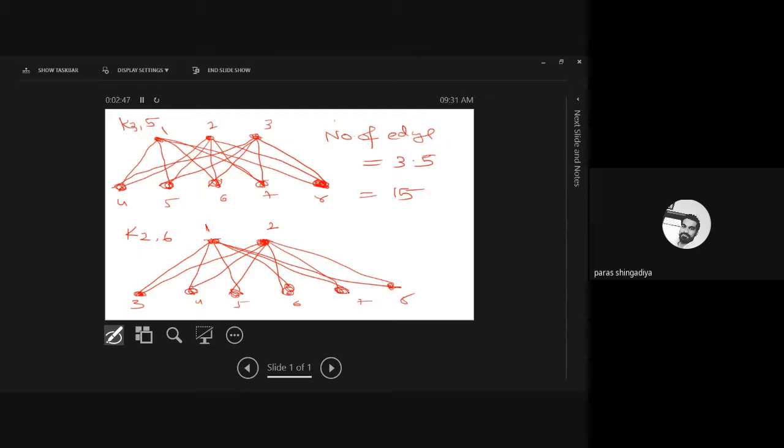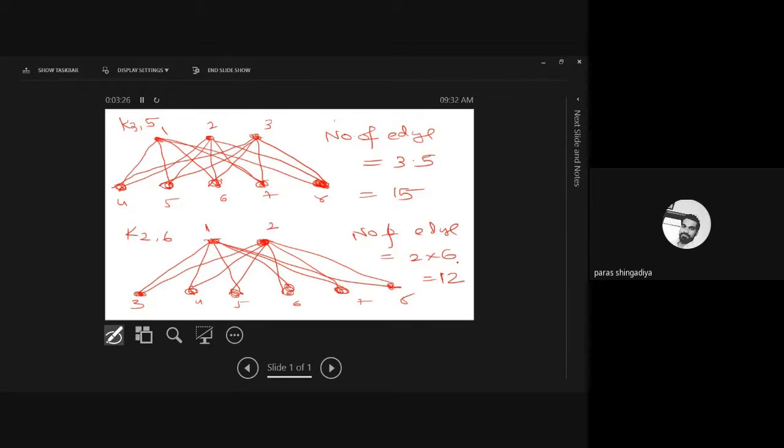And here we'll check the number of edges. So the number of edges is equal to 2 into 6, which is 12. So this type of question will come in the MCQ. If a complete or complete bipartite graph is given, check the number of edges. It is a one-mark question. If you draw the graph, it will take some time, and then you count and get the same answer. But by using the formula, we can get the direct answer without creating the graph.